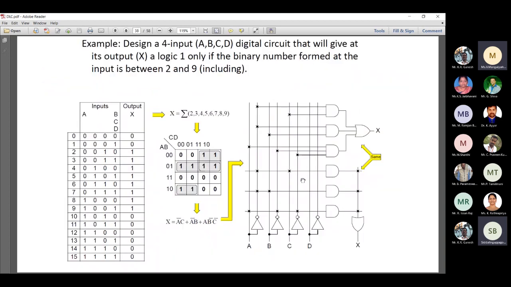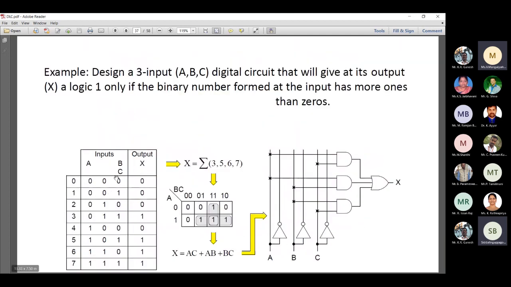How you have to group it, and this is a table. First, what they have done here is they have checked which are the ones, and those numbers which are there are written here. 3, 5, 7 are the ones which belong to one output, right? So they are representing it in terms of a K map, and this is the output of this K map, and this is converted into an expression.